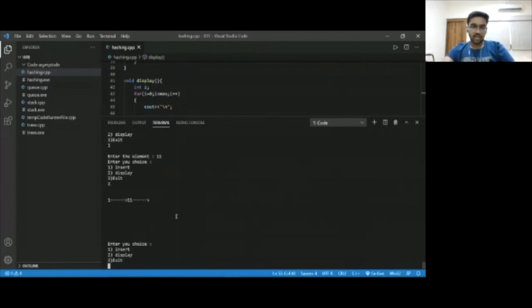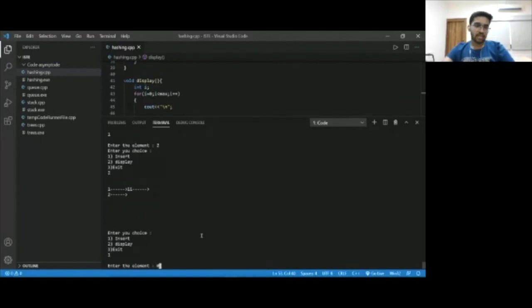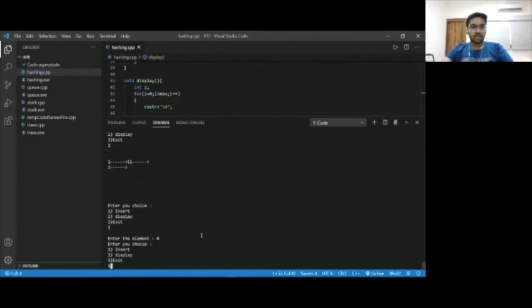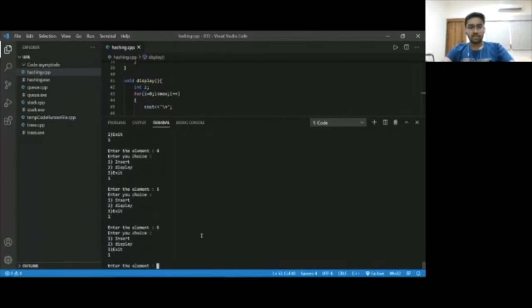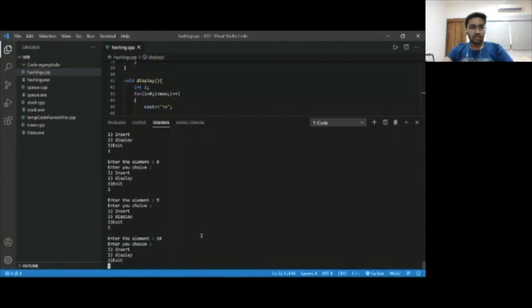So here we do not have any value. If we insert further, if we insert 2, and again try to display, 2 will also create a node, and its next pointer will be pointing at null. So let us fill our hash table this time. I had not entered 0, so the first element will be empty. So let us enter element 0, then let us enter 3, 4, 5, 6, 7, 8, 9, and also 10. Okay, now let us display our hash table.